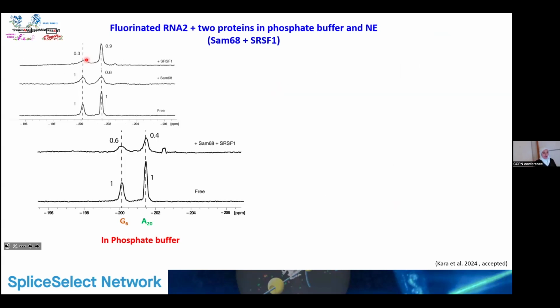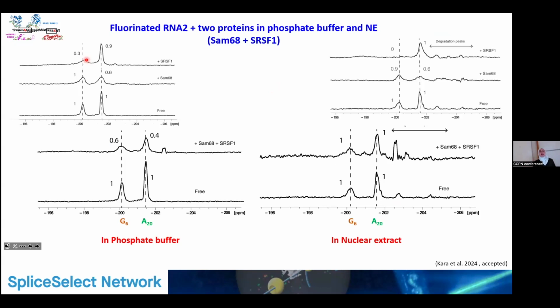However, if you add now SAM68 and SRSF1, same thing, buffer, nuclear extract. These are the individual proteins added, and these are the pairs of proteins. And you can see that here we start losing the effect of SRSF1, but it's very obvious in the nuclear extract that we lost the effect of SAM68, the famous 40% decrease, and the 0% for SRSF1. So we lost these effects in the nuclear extract. And we want to confirm this